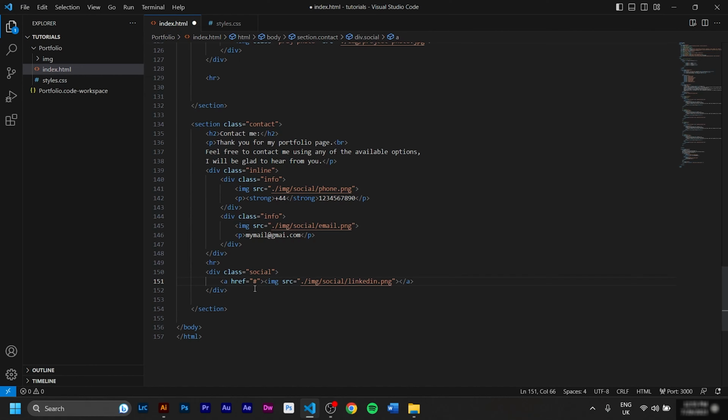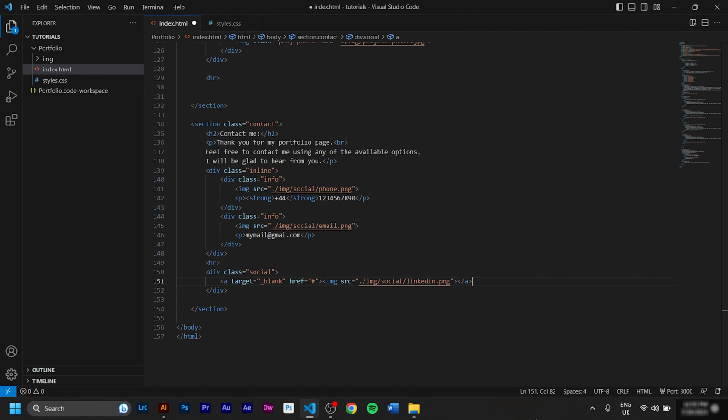So here we have to talk a little bit about the links. When you click this image, if I put my LinkedIn profile link, it will take me there, but it will replace in the same tab the whole site. So my whole portfolio is going to be replaced by LinkedIn, and I don't want that because it's called click away. You click something and you go away from the site. I want the person that clicked it to open LinkedIn in a new tab, so he can come back way easier by clicking my portfolio tab that is gonna be still open. In order to do that, we add here target equals _blank.